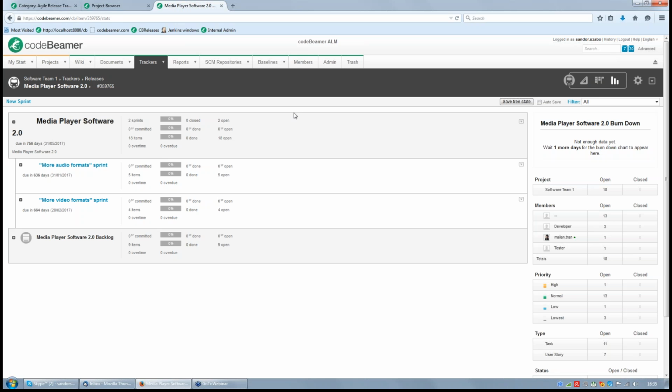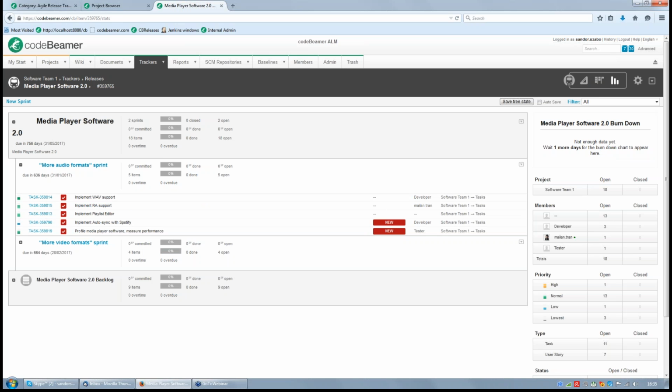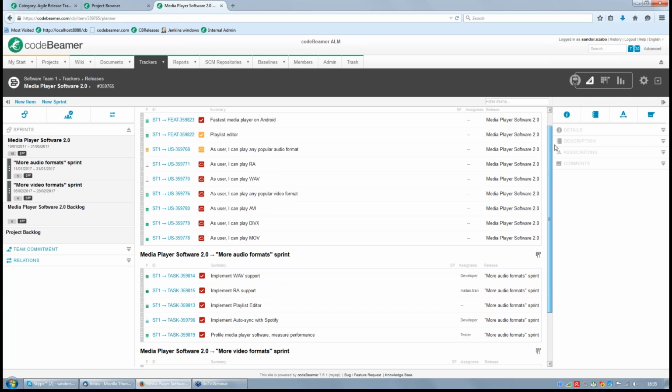Here there are several possibilities. This is the release statistics page. Here you can have a short overview of the statistics, the accumulated number of items, the story points, sprints, and other information. And if you click on this ruler icon, you just get to the planner. The planner is a unique feature in Codebeamer. And in the planner you can manage the sprint before starting the work, or at least before finishing the work